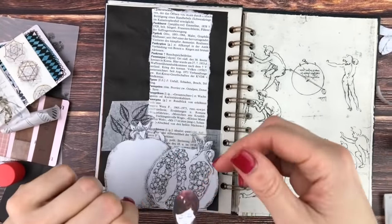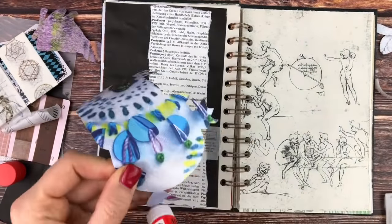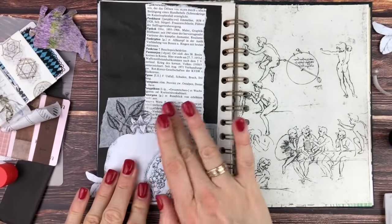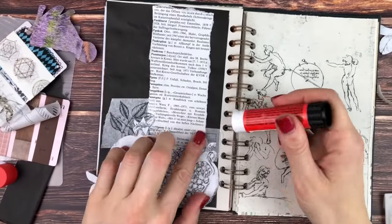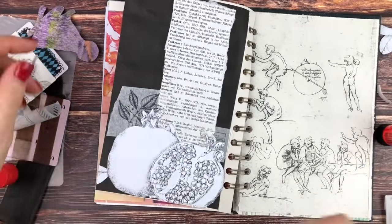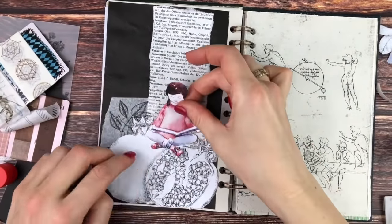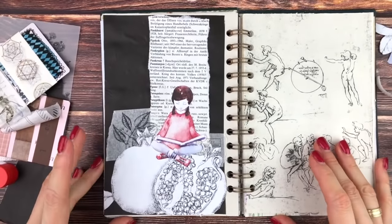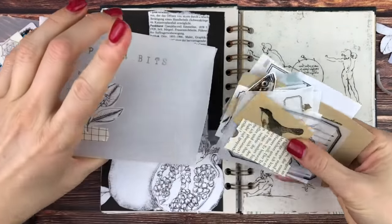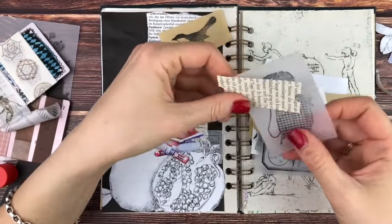But then I also needed something else for that top part of this spread, and I didn't know what I should put there. So I will once more go through her smaller pieces of ephemera that she sent me after I glue her down. I really like her. She's so cute. She's also from the Daphne's Diary magazine. I love how she's reading there in peace. She reminds me of kind of myself at the moment. I'm trying to